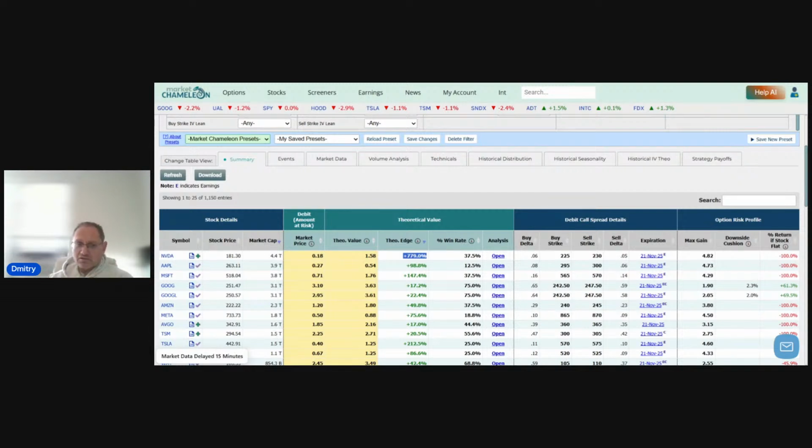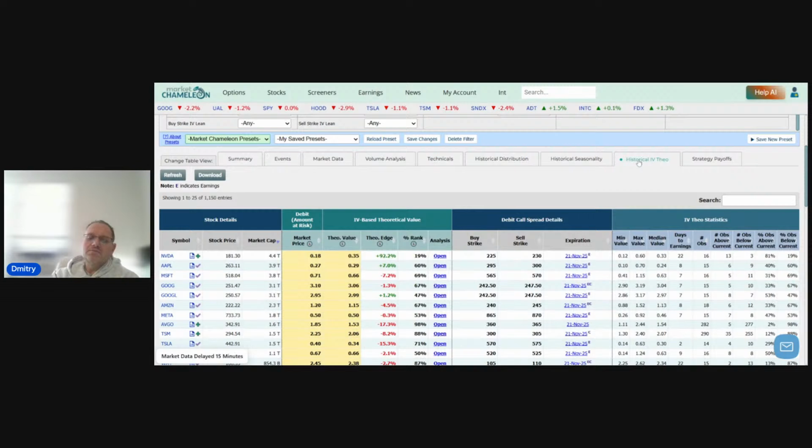We looked right now at the historical stock moves. We could also look at, historically, how did the option prices line up in a similar situation? So what were the implied volatilities of similar options, given similar circumstances? And if we took the average of those, that goes to historical IV theta. That's over here. And this shows us historically what is the average value of this spread if we took,